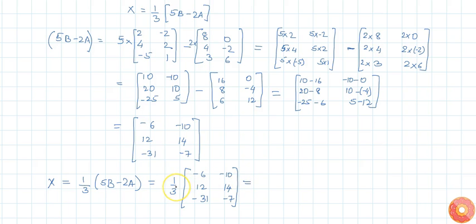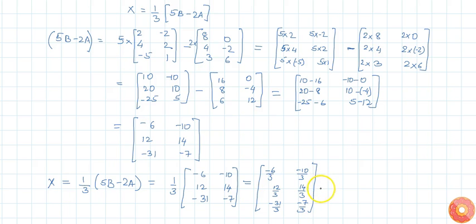This is like scalar multiplication of the number 1 by 3 with each and every element of the matrix, which will be minus 6 by 3, minus 10 by 3, 12 by 3, 14 by 3, minus 31 by 3, minus 7 by 3,